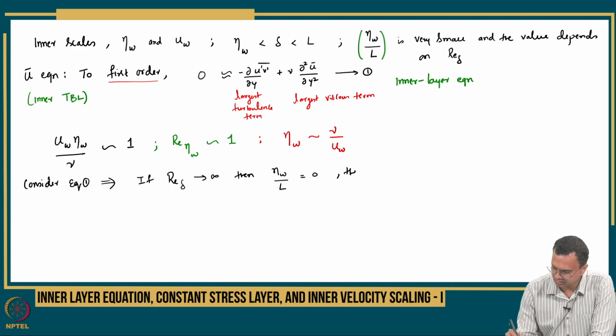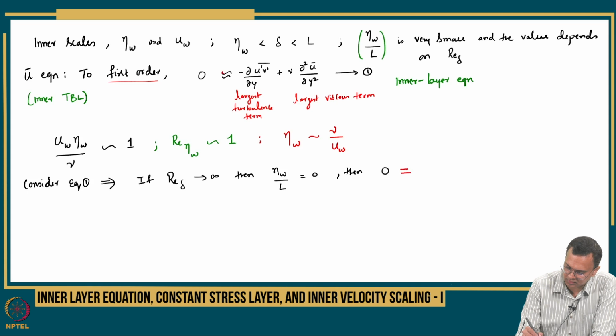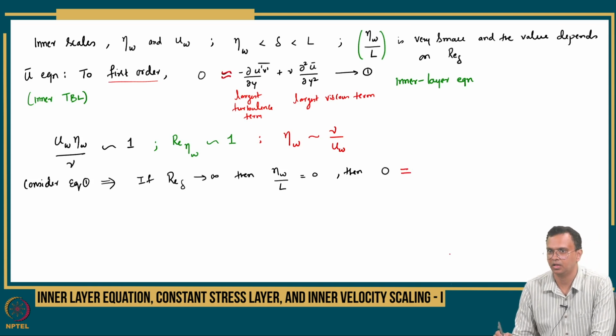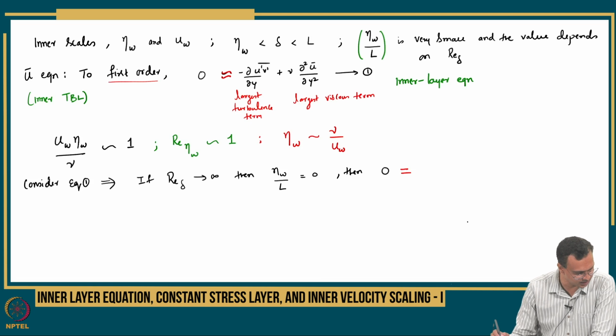Then your equation 1 will become 0 equal to, now you see, this is becoming equal to instead of approximate. So the second order terms are all gone now. In this theoretical consideration, Re delta tending to infinity, only these two terms are surviving inside the inner turbulent boundary layer. So 0 equal to, if I now integrate this, I get,